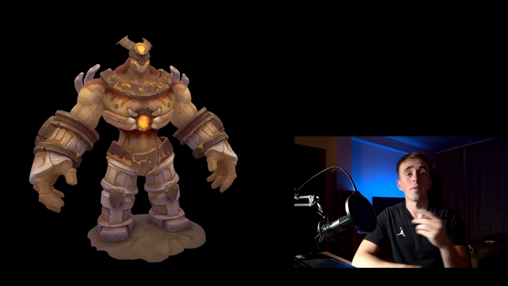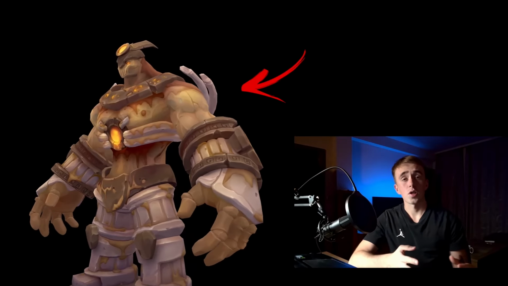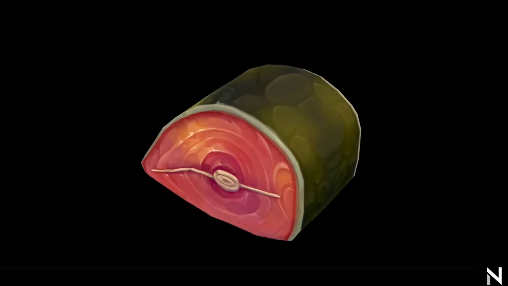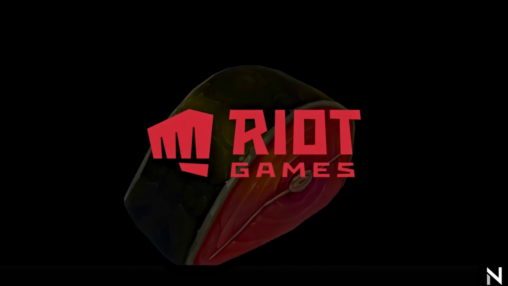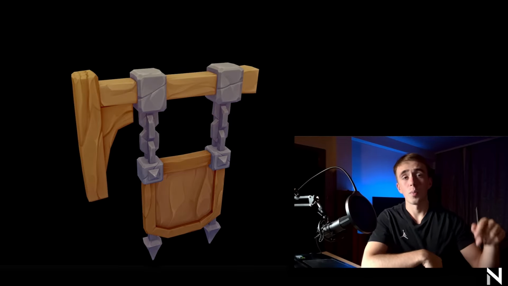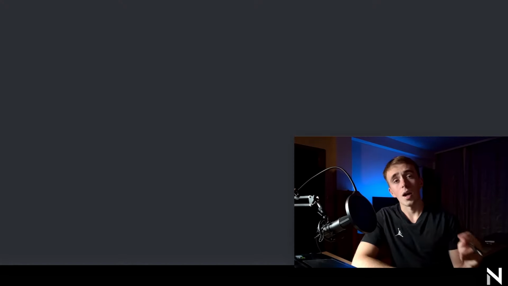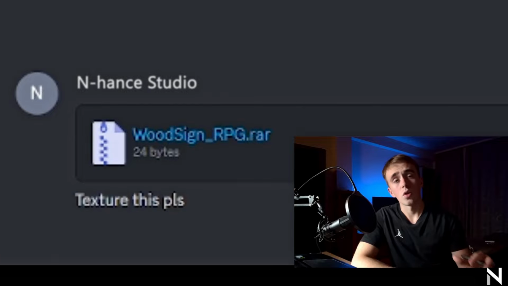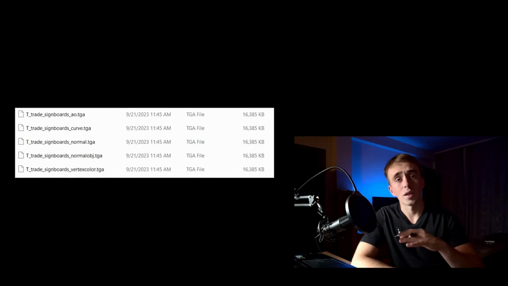In today's video I will show you how to create such stylized textures that you see in modern games. This style is popular thanks to studios like Riot Games and Blizzard, and in this tutorial I will take you through my pipeline based on this simple 3D model. I got this wood sign from the studio and you can see it already has all the baked maps from